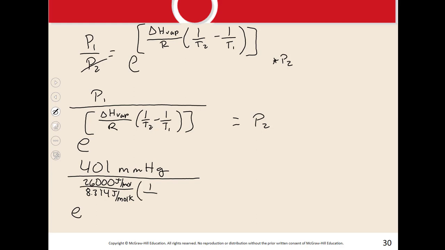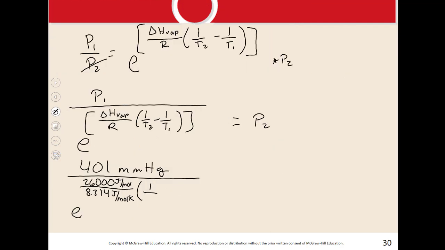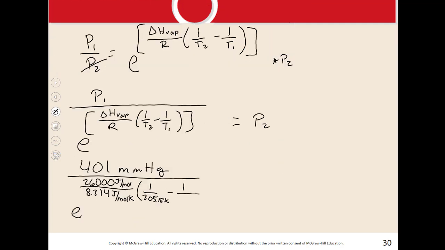So the second temperature, which was that higher temperature, 32 degrees Celsius, which we converted to Kelvin to be 305.15 Kelvin, minus the initial temperature, which was the 18 degrees Celsius, which we found in Kelvin to be 291.15